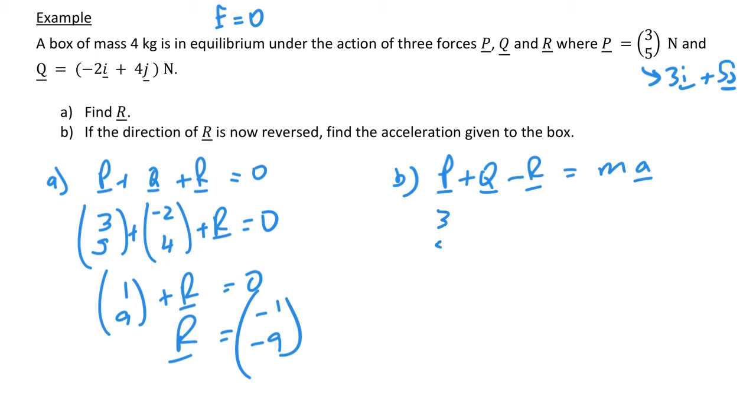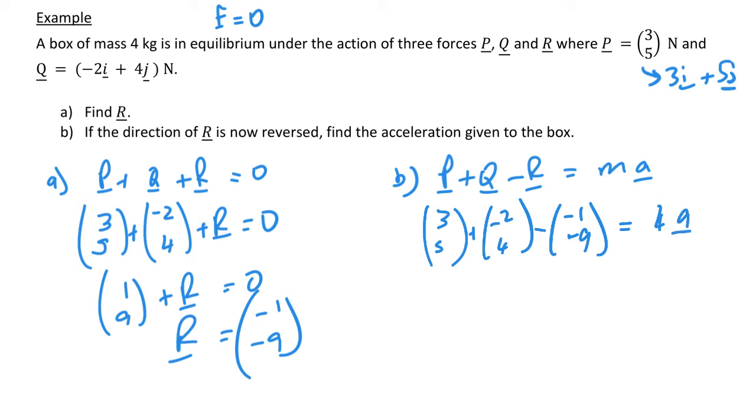So we get (3, 5) plus (-2, 4) minus (-1, -9) is going to be 4a. The left hand side simplifies to (2, 18) equals 4a. So then a is going to equal (0.5, 4.5)